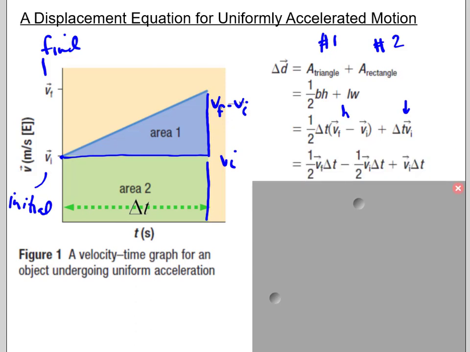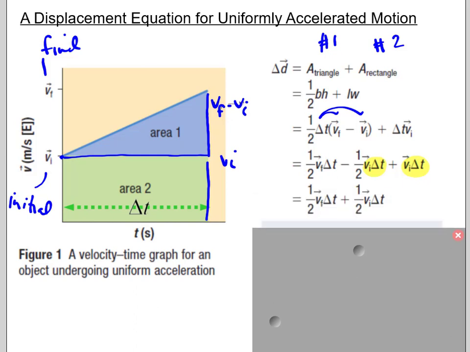distribute, or we multiply out to get rid of that bracket. So you're distributing this term into here. You'll notice that 2 of the terms now have 1/2 delta t. Of those terms, you have a VF delta t and a VI delta t. Well, this one here and this one here are like terms, so they can actually be combined. Just like in math class, we can bring those two together, and they turn into a positive 1/2 VI